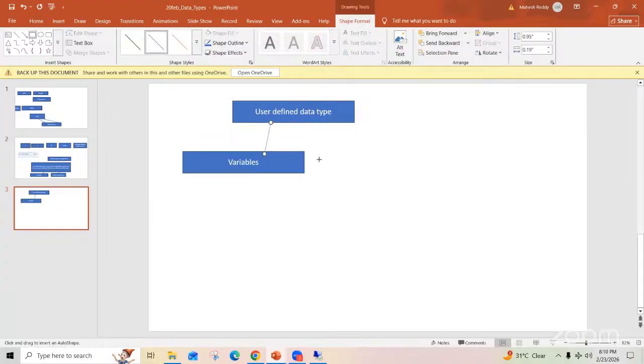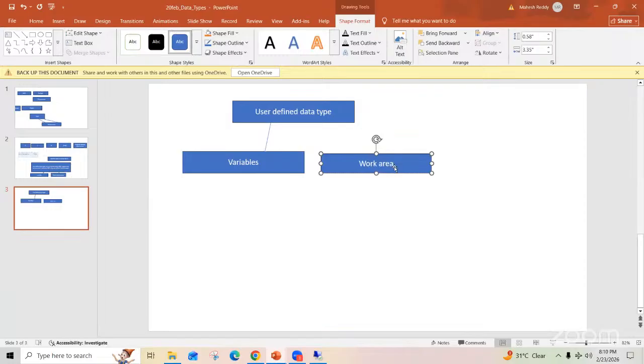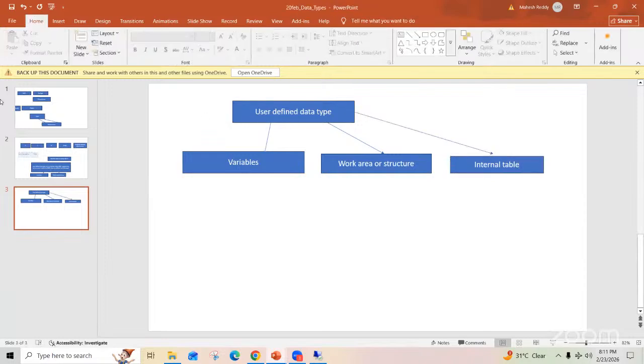And the structure, work area or structure we call. And also to declare the internal table to store more than one record. This is internal table here. Okay, this is a concept. So for that, what I was telling is,